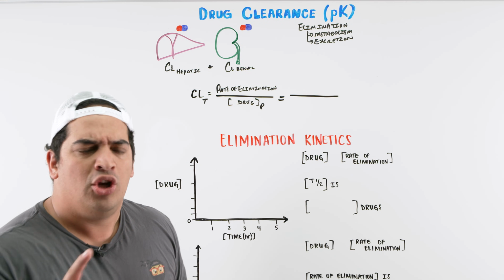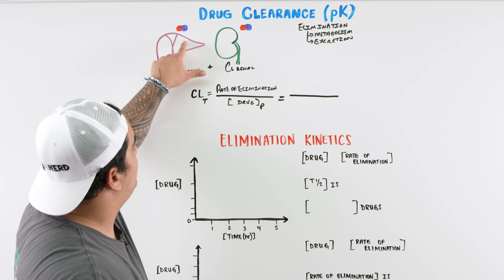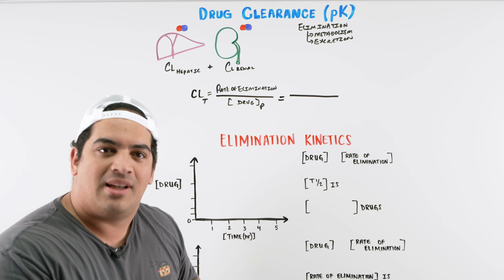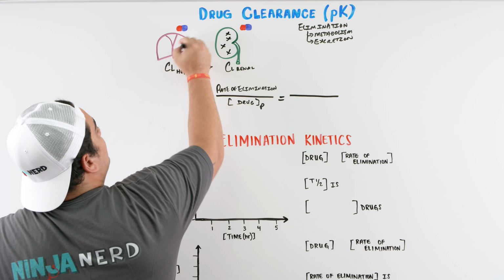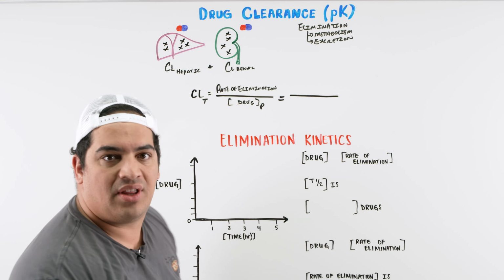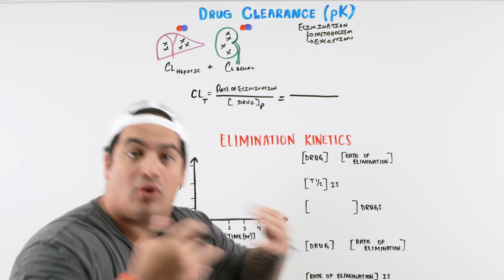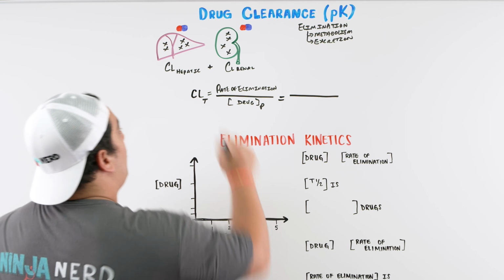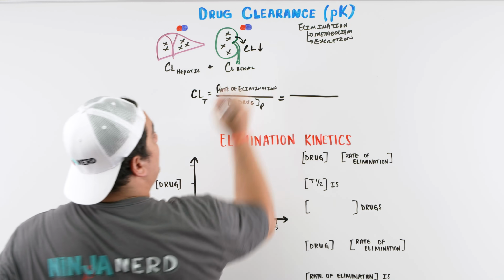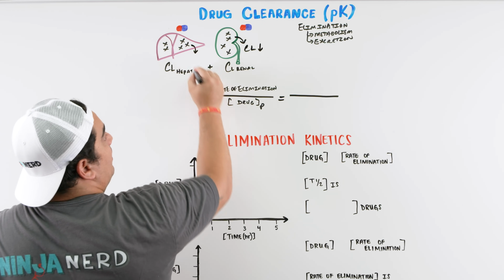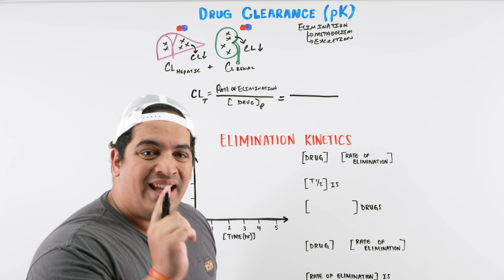And this is an important topic. You want to know why? Because clearance is dependent upon elimination, and elimination is dependent upon the function of these organs. If someone develops dysfunction of their kidneys or their liver, what happens to the clearance? It would decrease, because the ability of that organ to clear or eliminate the drug is going to decrease. When someone has renal dysfunction, the clearance will decrease. If someone has liver dysfunction, the clearance will decrease. And this can lead to an accumulation of the drug,